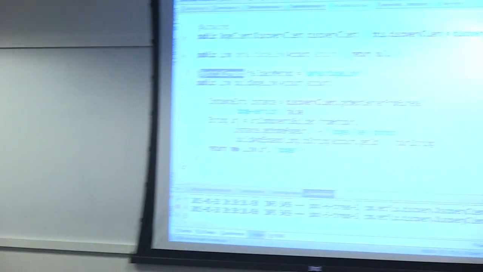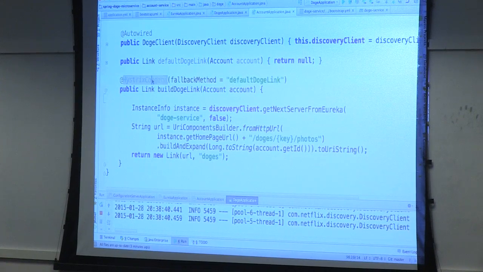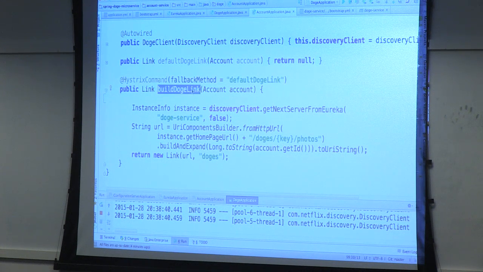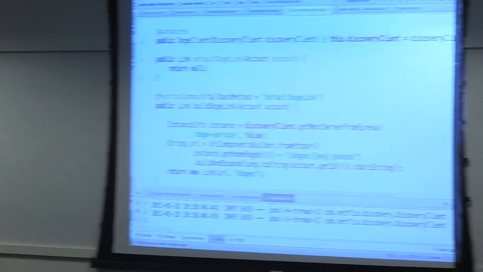So I'm using Hystrix, which is from Netflix. It provides, among many other things, an implementation of the circuit breaker pattern. It's not particularly hard code to write, but the basic idea is that if this service gets called so many times and it fails, Hystrix will trap it, and it'll call a fallback method, in this case, the default Doge link method, and it'll take the value from that instead. The benefit of this is that I can keep and isolate failure. The circuit breaker, of course, comes from the idea that if I have a house and there's electricity surging through the circuits, I may lose the lights, but I don't lose the house. There's no fire.